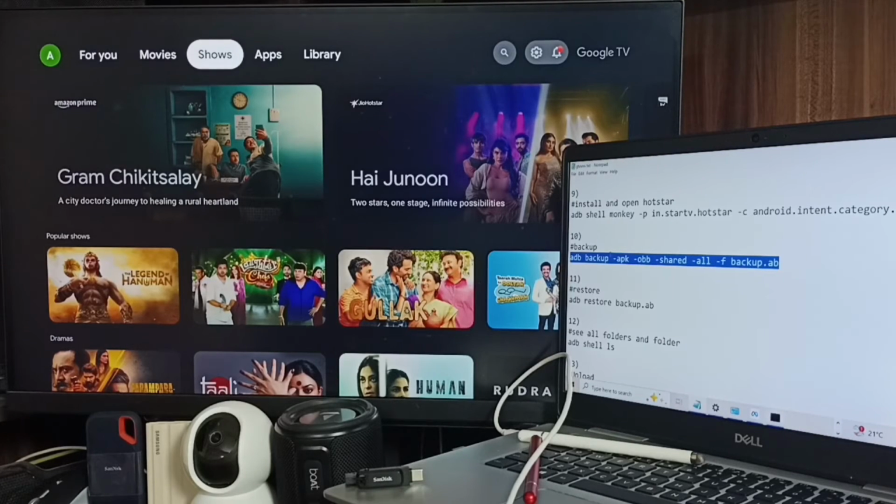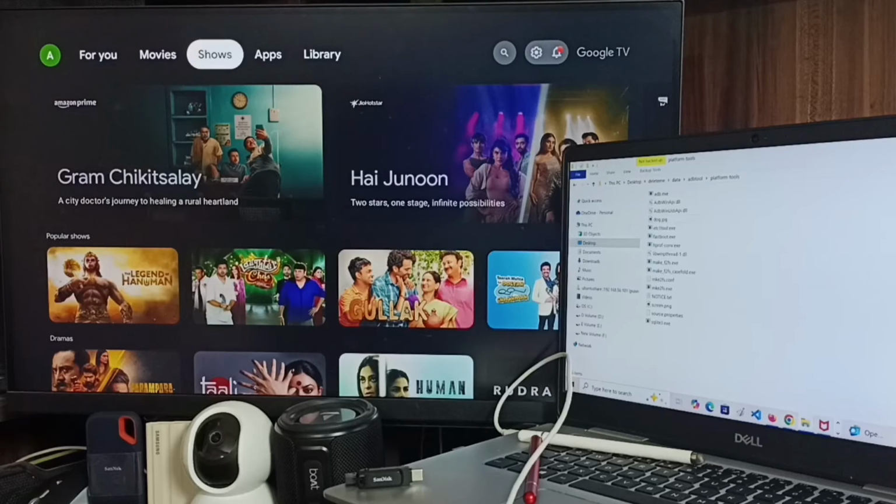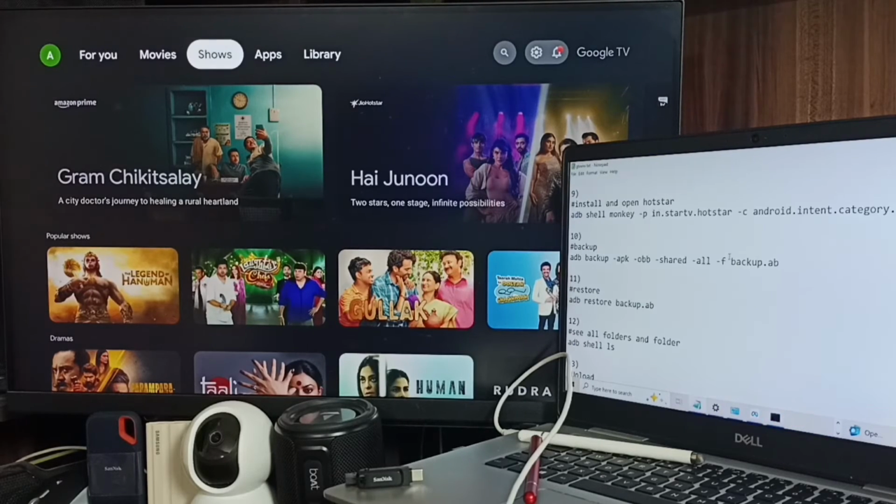So we can take a backup of all data in the device, in the TV. We can take a backup of apps, photos, videos, everything. Those backups will be stored in this file, which you can find in this folder on the laptop. So this way we can take a backup of the TV and store it on the laptop. This would be useful if you are planning to do a hard reset. First you can take a backup by running this command, then you can do a hard reset, then later you can restore using this command. Okay, so first let me take a backup, copy this command,